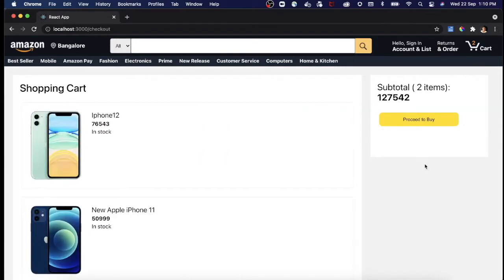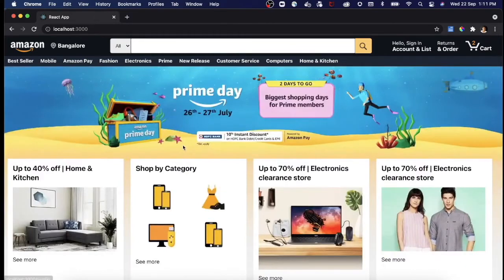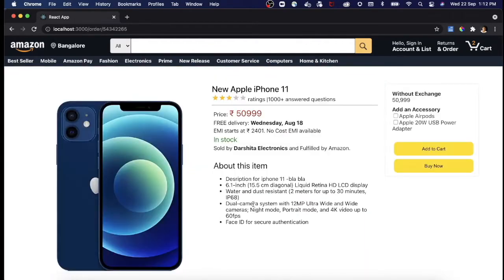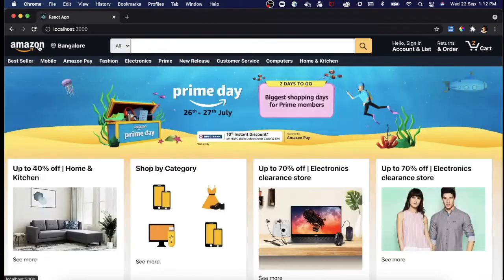and you will land on our checkout page, and it will list down both the mobiles which are added into your cart, and this is the final payment that you have to make to buy both these items. If you finally click on proceed to buy, it will land on the payment gateway method. So this is how our Amazon clone will look at the end of this tutorial. I hope you are already pretty excited to see how beautifully we have developed this amazing website clone. So without wasting much time, let's start with UI cloning of our Amazon application